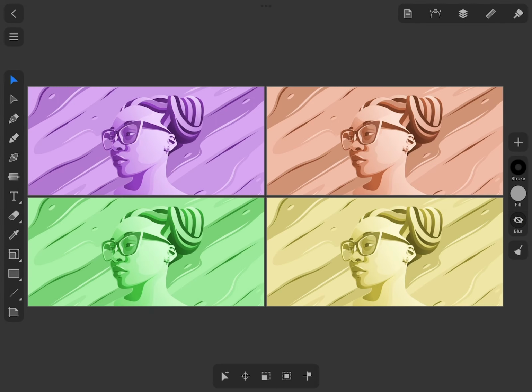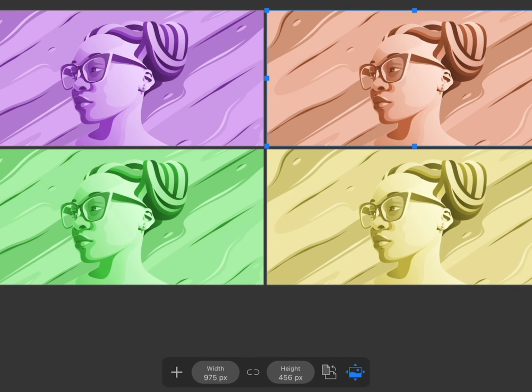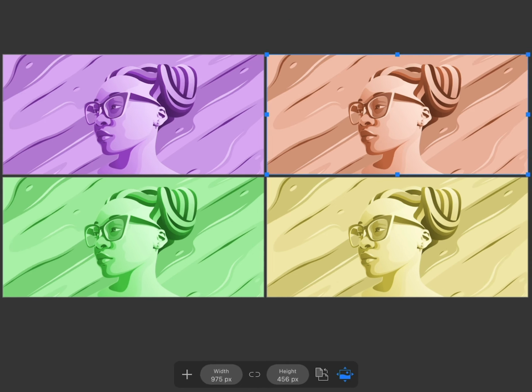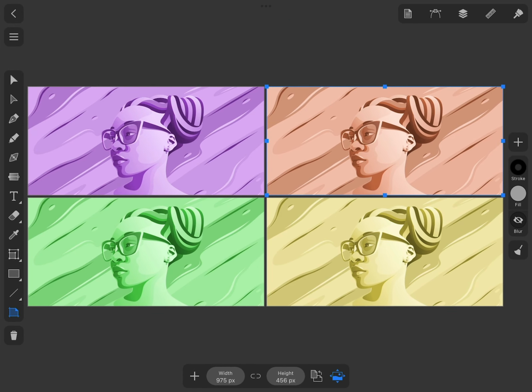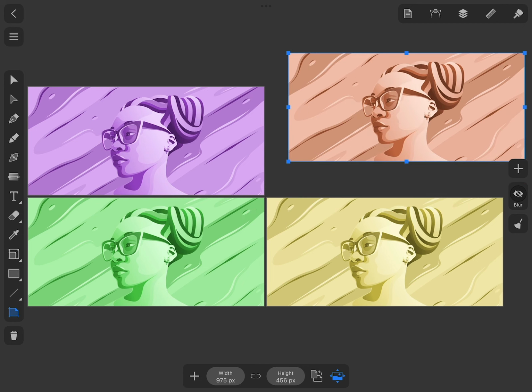Can we change the position of a sheet? Well, yes, we can. This is done with the help of the Sheet tool that is located on the Tool panel. Once the tool is activated, the Control panel displays related controls. The position, size, and orientation of the sheet can be set through the Control panel, but it may be more convenient to do it manually. Simply tap on the sheet and drag it to the desired position.